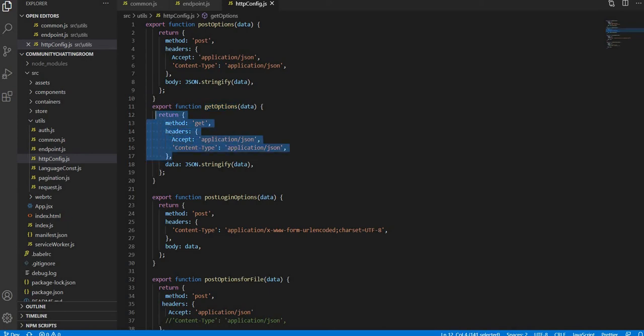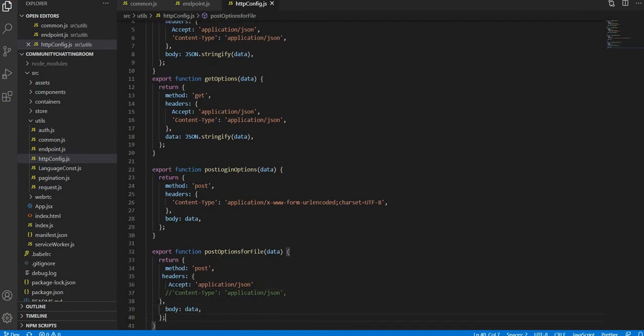So we do not have to think about decorating the acceptance criteria and content type criteria, right? Let's say you want to send a file, so you can import a post option for file.